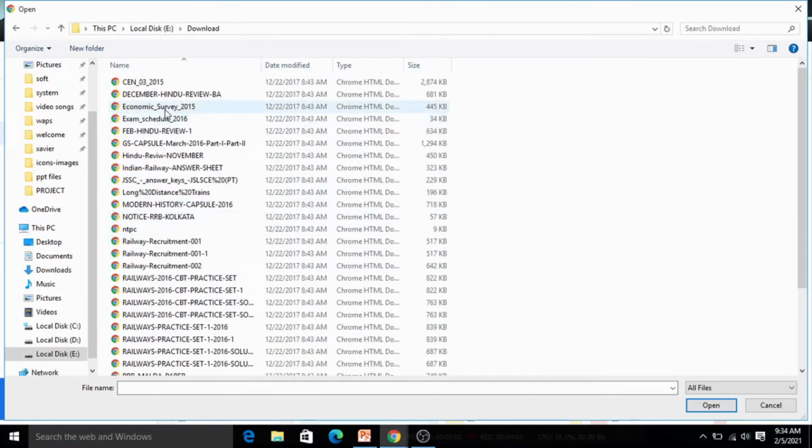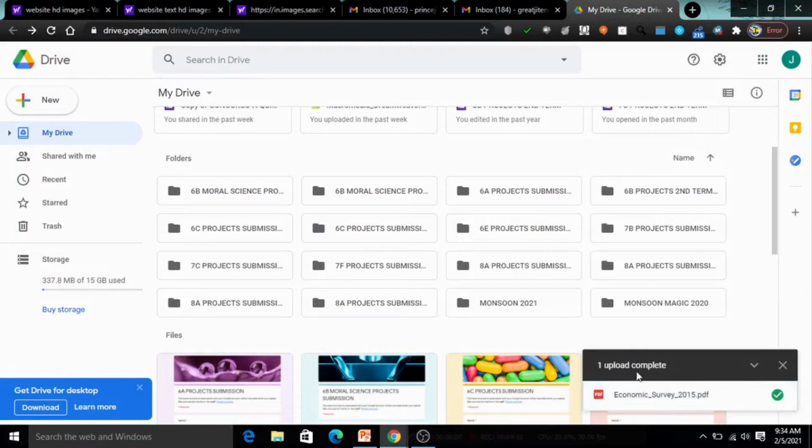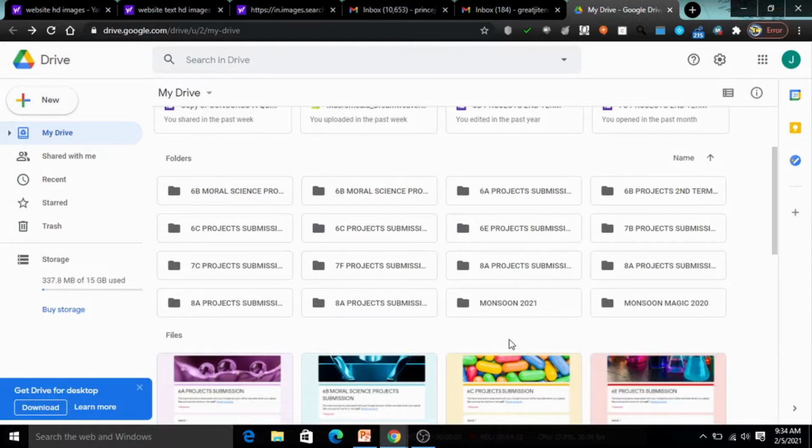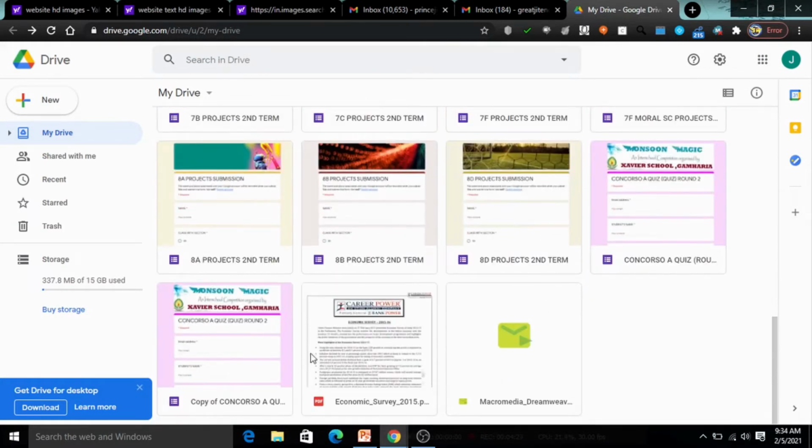It's like Economic Survey 2020-21. I'll click on this, click on Open. So now this file is getting uploaded. Yes, one upload complete. It is showing this. Now let us see where it has been uploaded. Now see, Economic Survey, this file has been uploaded here. So this was how to upload a new file.